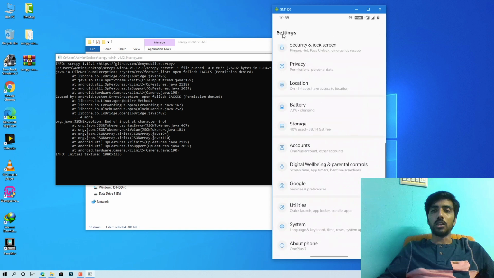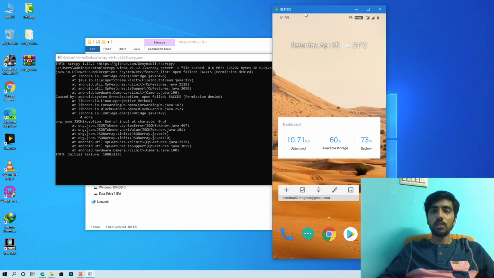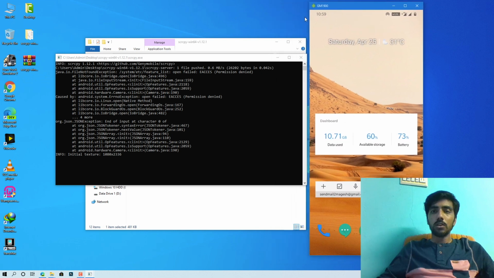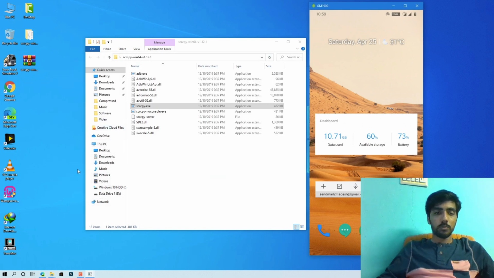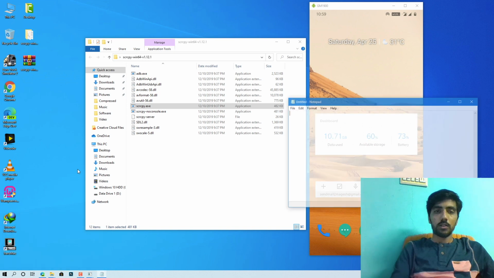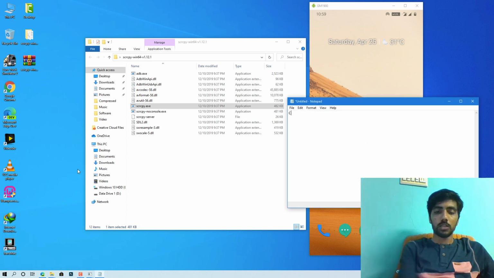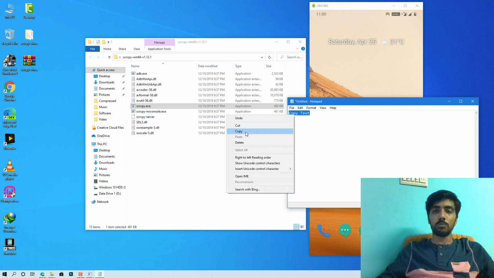Next we are going to see how we can copy the clipboard of the system to the mobile phone. It's very easy. For example, I am going to open Notepad and type copy text, and I select the text and copy.